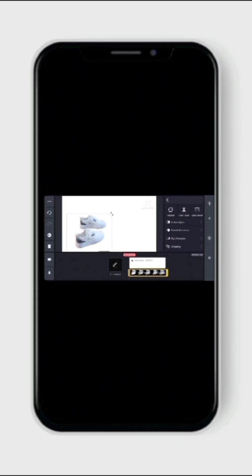So for the purpose of this course, I won't want the watermark to show. That's why I'm going to use my two thumbs to enlarge the image there. So after successfully doing that, I'll pick the in animation. So I'm going to pick how I want my product to come in. So I'm picking the slide up option there. So as you can see,